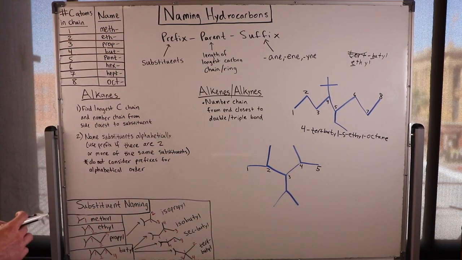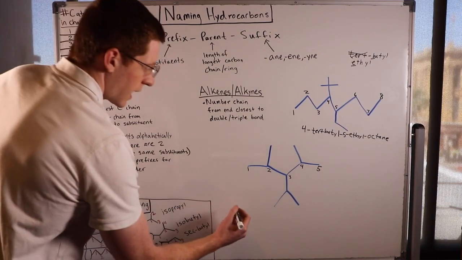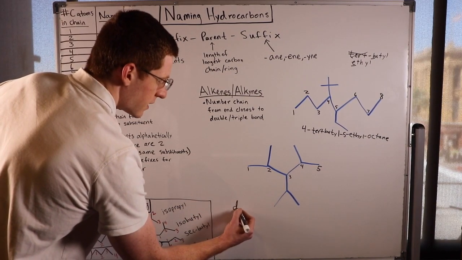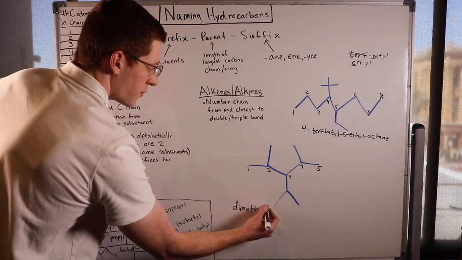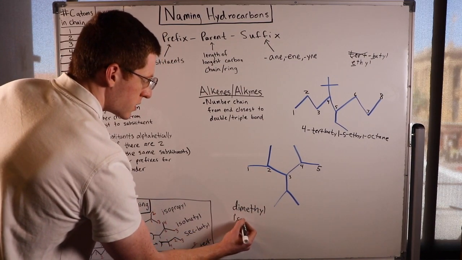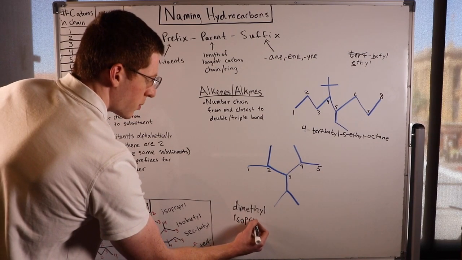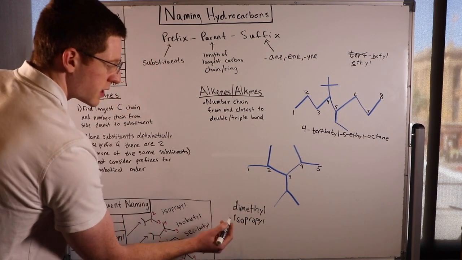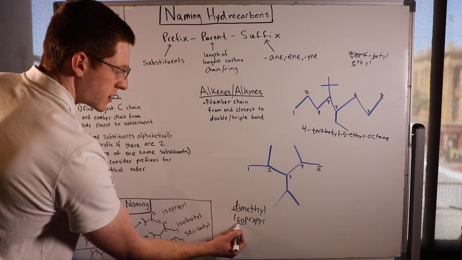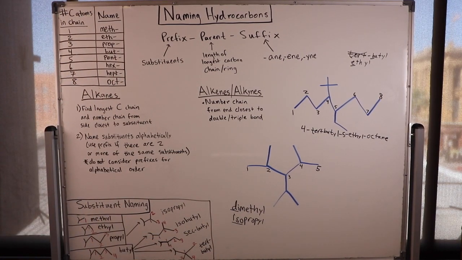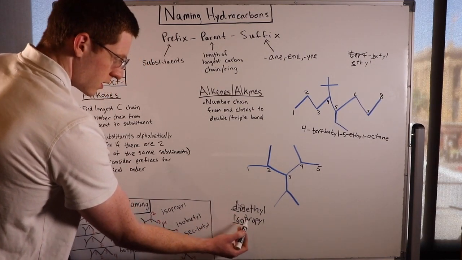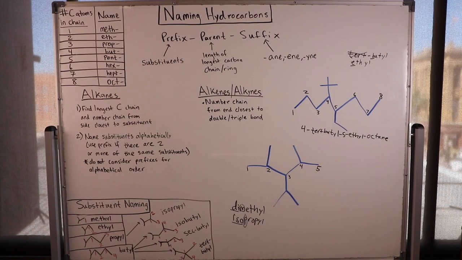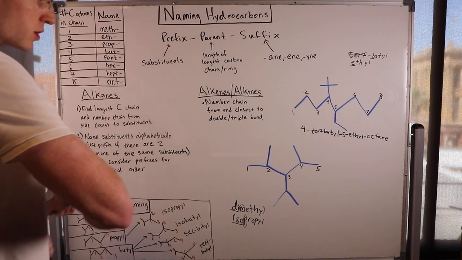So we want to name them in alphabetical order. We have 2 methyls, so that is going to be dimethyl. And then we have isopropyl. But remember, we don't consider these prefixes when we do our alphabetical ordering. So we will only consider the M and the P to see which one is going to come first alphabetically. So M comes before P, so we will do